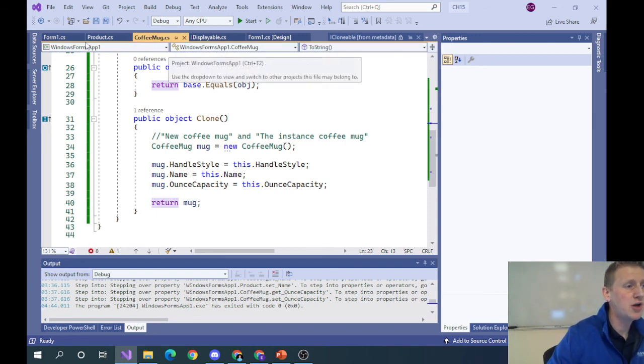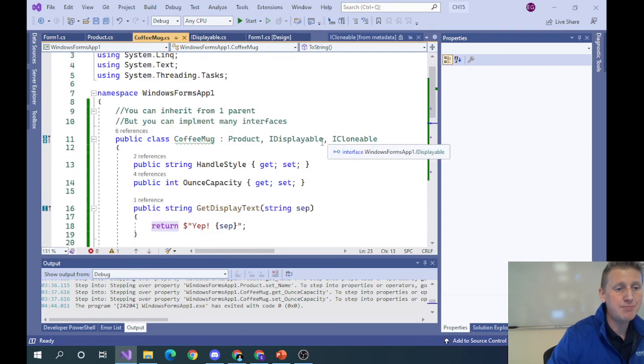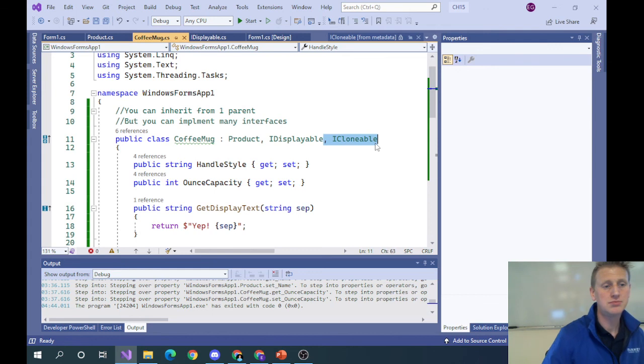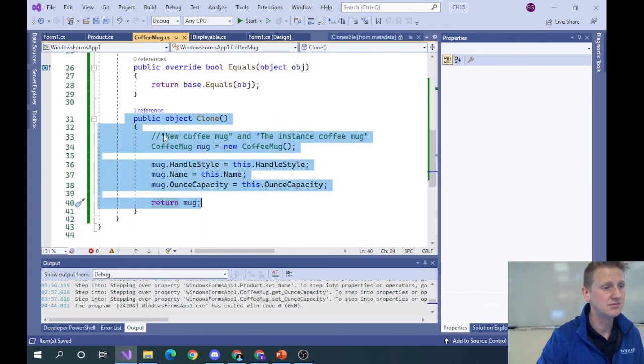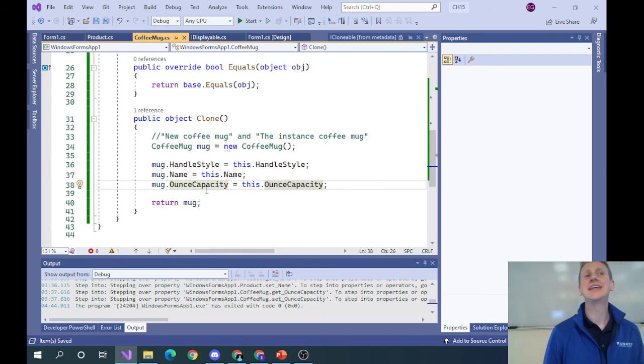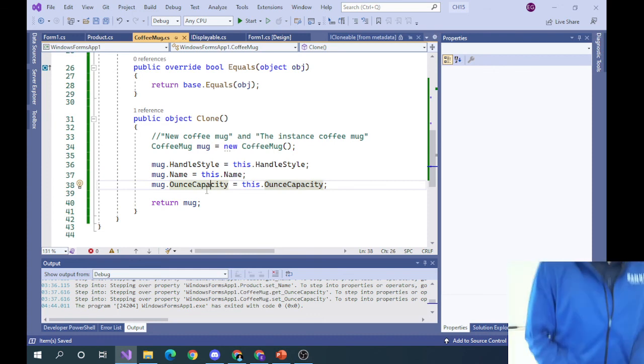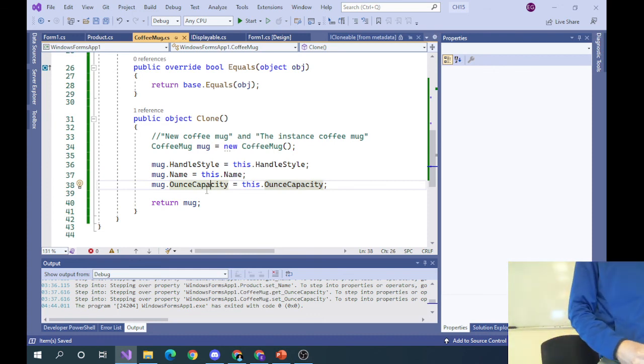So if I were to go back to coffee mug, I like this question. Why do I need to implement an iClonable? Can't I just make a clone method like this? Yes, you can. You can make your own clone method. Why are we doing this interface? The answer to that is